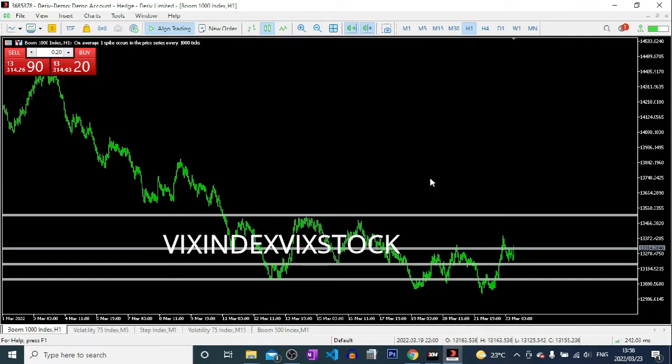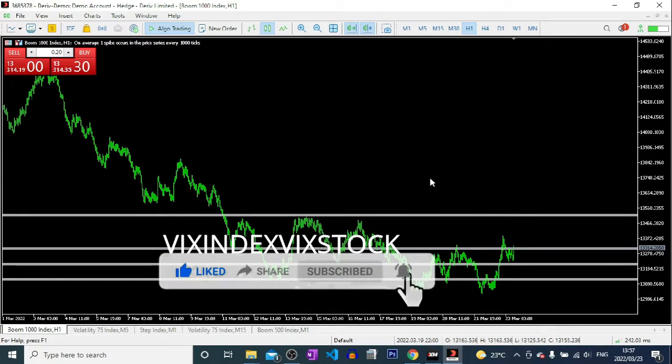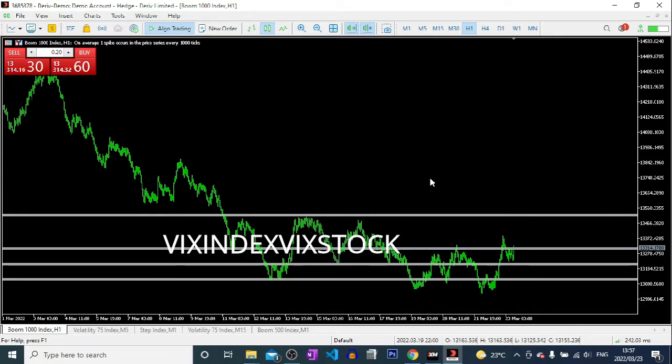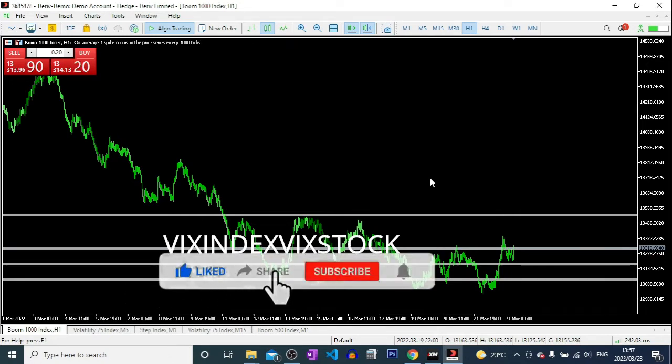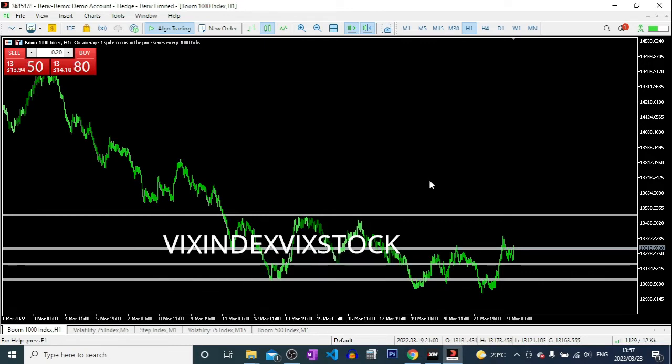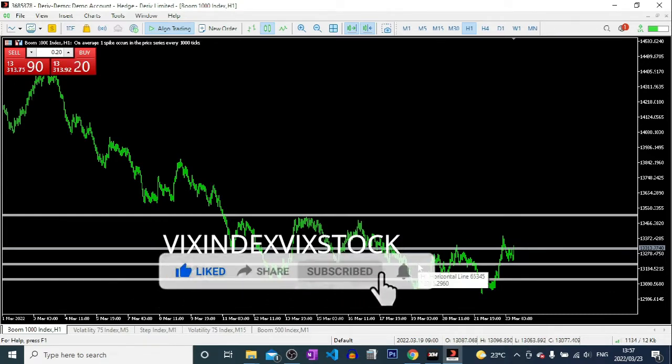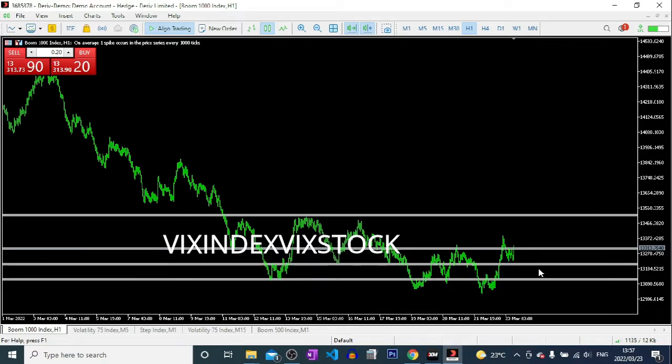So what does this mean? It means for you and me, any time is a good time to be trading boom and crash. For example, the best time to be trading boom and crash for me is when you are just free and you spot an opportunity. Otherwise, boom and crash are not affected by anything that's happening in the real world. They are not affected by news, world events, or anything. The way it's moving, it just continues moving.